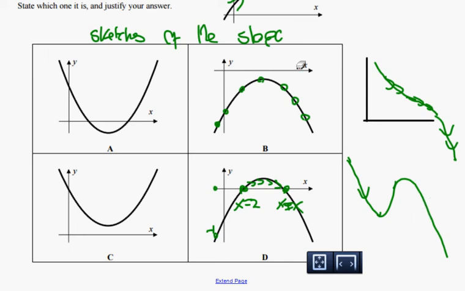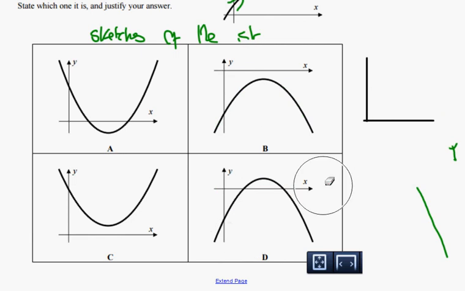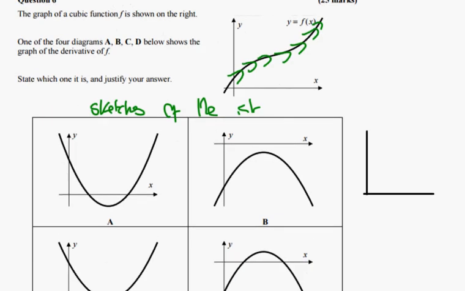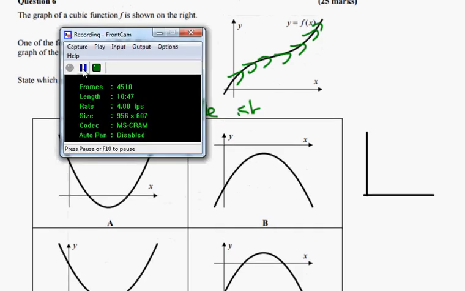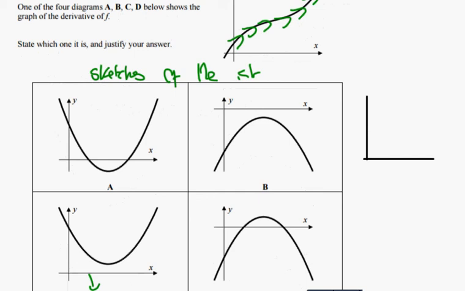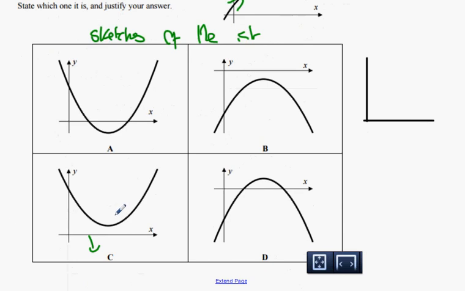Our graph, however, is always positive. In which graph is the y value always positive? C. Because see the way it never goes below the x-axis means it's never negative. Okay? So yeah. All right. So in graph C,